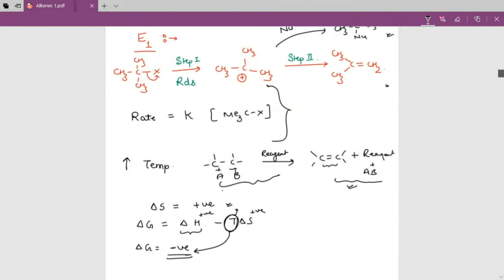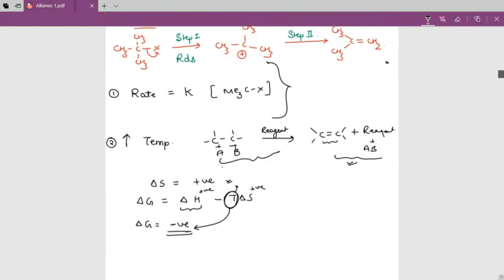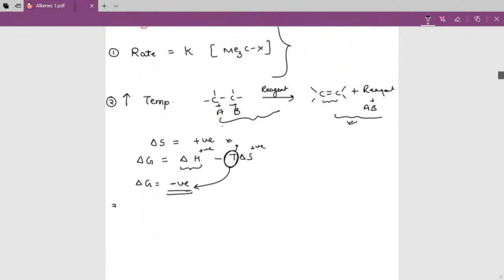So this was our general mechanism. This is our rate equation. This was the condition that we need high temperature. Point number 3, as in the RDS, rate determining step, a group is leaving. So with increase in leaving group nature of X or L, whatever you have considered, X or L, rate of E1